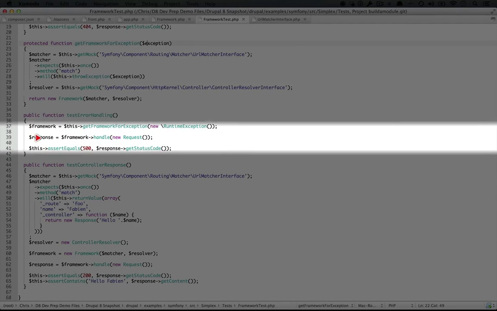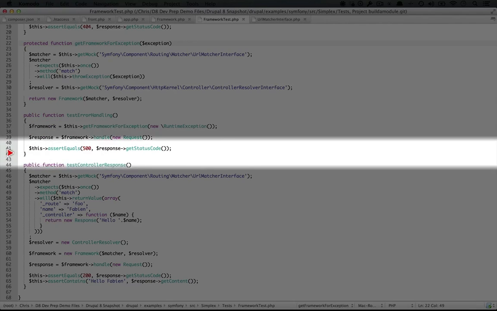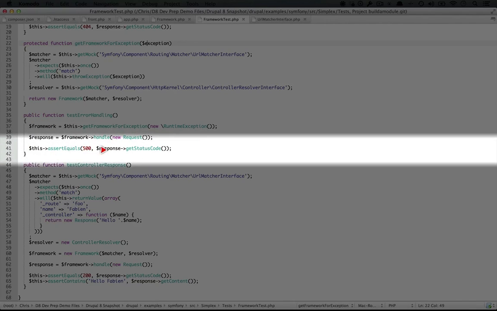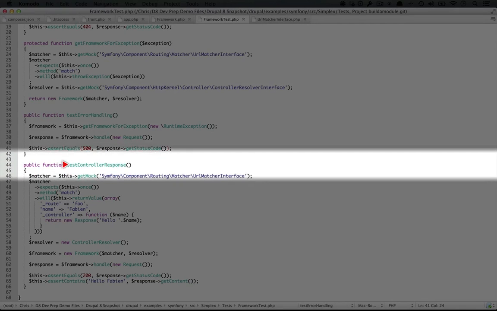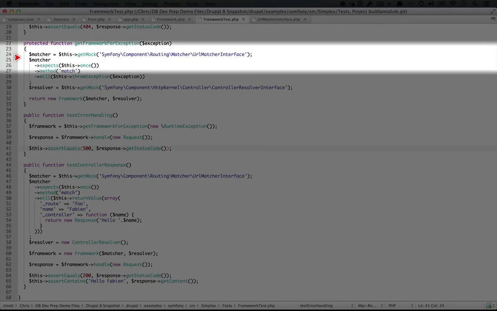We do the same thing that we did before. We grab a response by running framework handle and passing in an empty request. And then we're going to do an assertion to make sure that the status code that we get from our response is 500. In this final test, test controller response, we first grab a mock of our matcher, just like